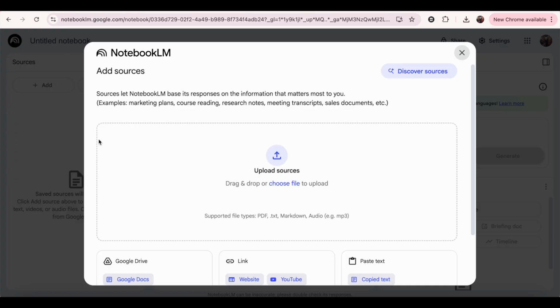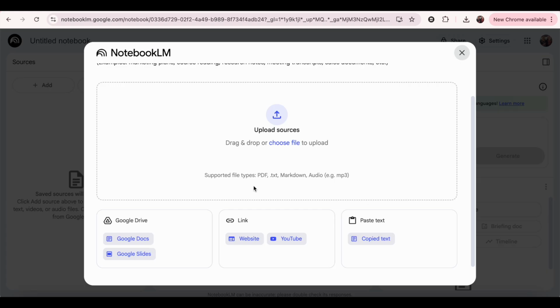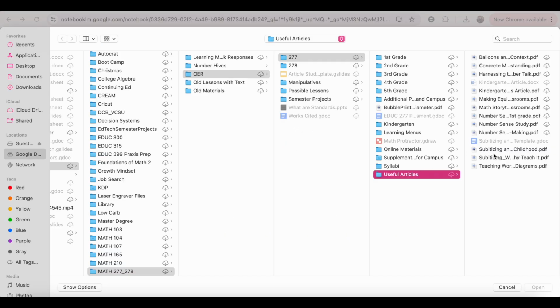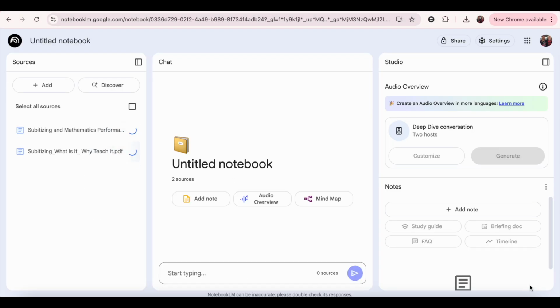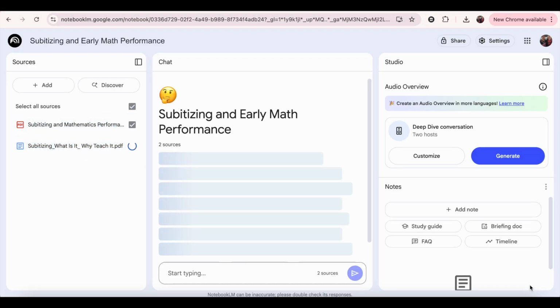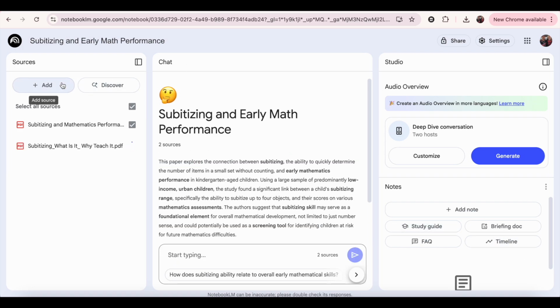So right away, it'll ask you to upload some sources. You can choose to upload PDFs, texts, audio, etc. You can grab things from your Google Drive, you can insert links, or just simply paste text. So I have a few that I'm going to upload already. Let's do some subitizing. So I'm going to grab just 2 PDF articles, journal articles, and I'm also going to add in a